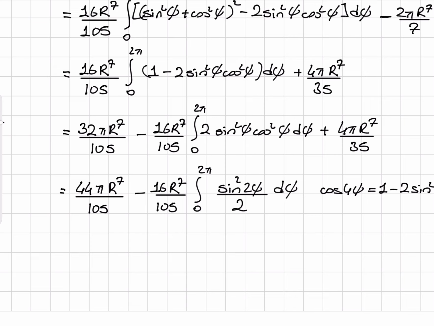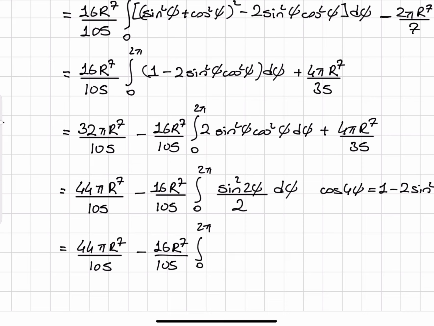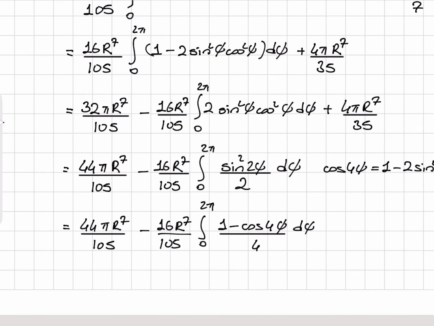So this will give me 44 pi R to 7 divided by 105 minus 16 R to 7 over 105 integral from 0 to 2 pi 1 minus cosine 4 phi over 4 d phi. Because for sine square 2 phi, I'm substituting 1 minus cosine 4 phi over 2. There's another 2 here. It's 4. All right, so this gives me